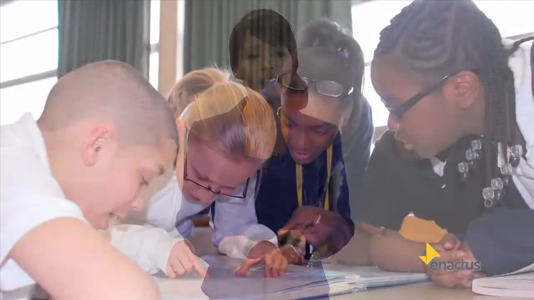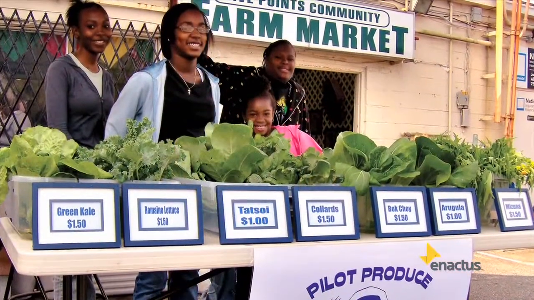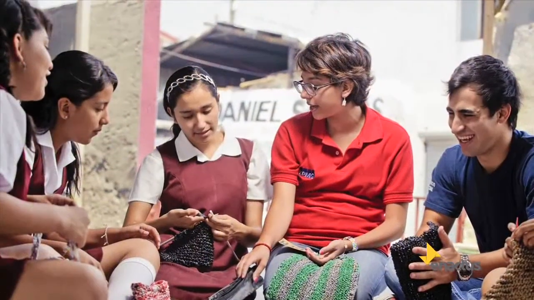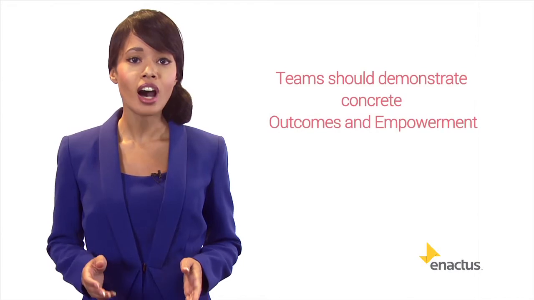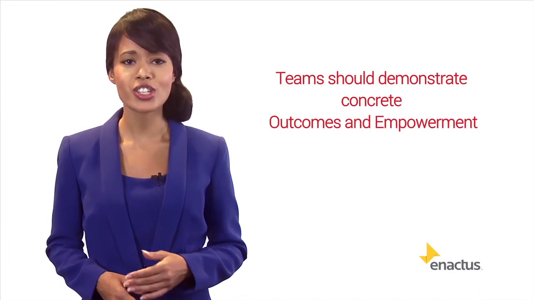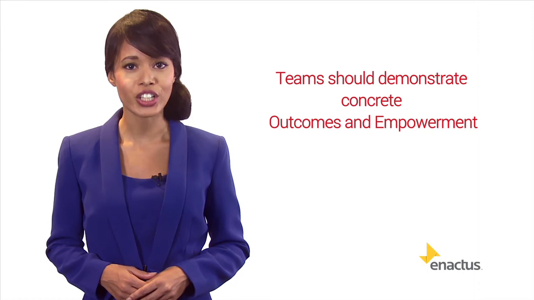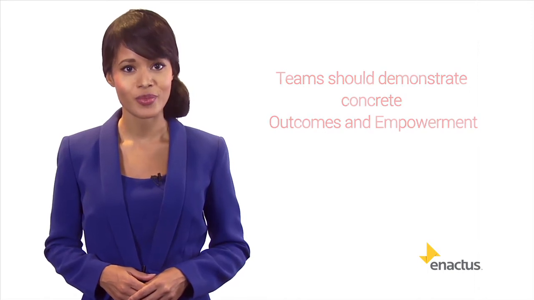If, for example, the results of a survey prove positive change in the target audience's knowledge or skill set, then the question you might ask is, what then? How did these people apply that knowledge to improve their livelihoods? And how was the team able to measure this effectively? The team should demonstrate concrete outcomes and empowerment, not just outputs, were achieved by their target audience for each of their projects. With that understanding in place, there are a few additional points that are important for you as you make your analysis of the teams.